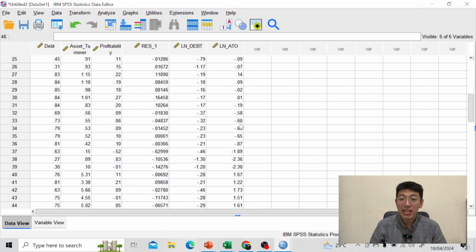So again, if your data is not normal, you can remove the outlier. The second one, if it is secondary numerical data, you can transform the data using log, ln, square root, or cube root, and other things. The last option is that you can conduct non-parametric tests instead of regression analysis.